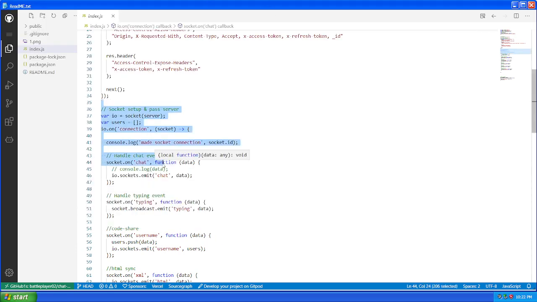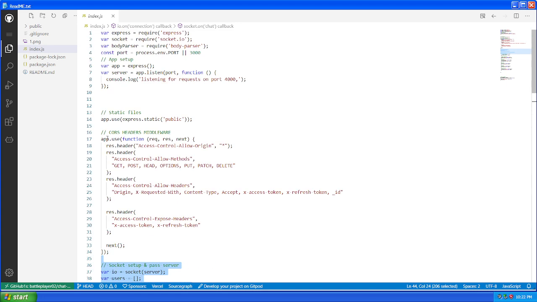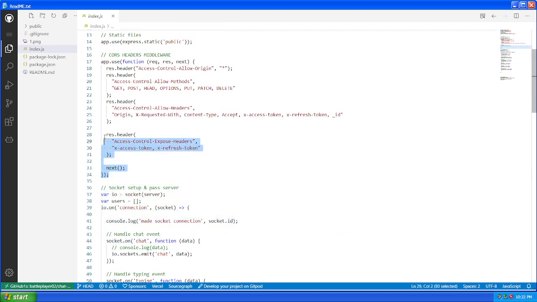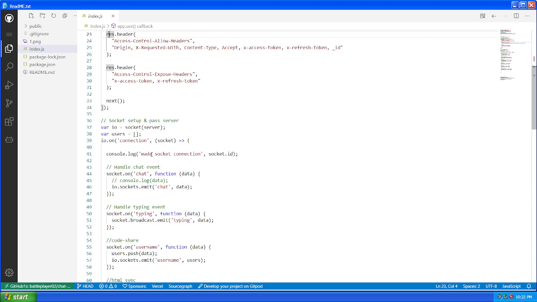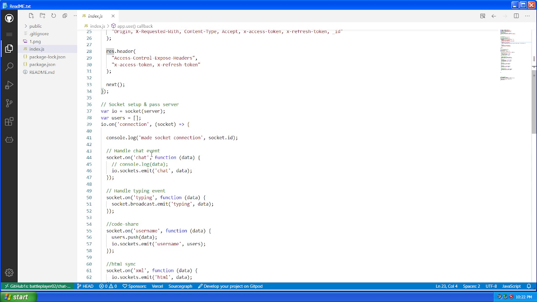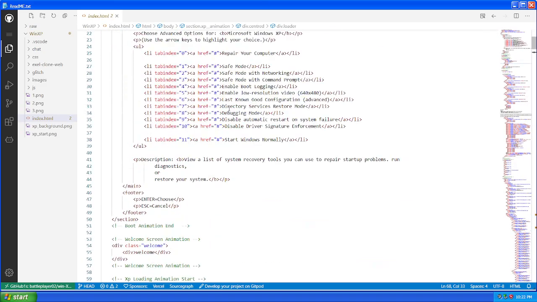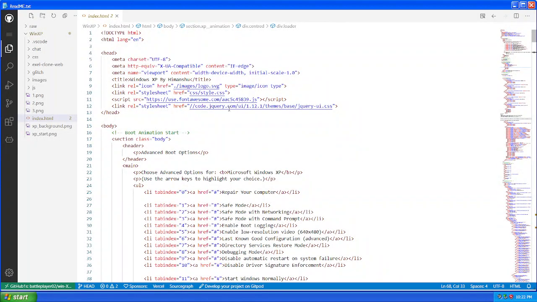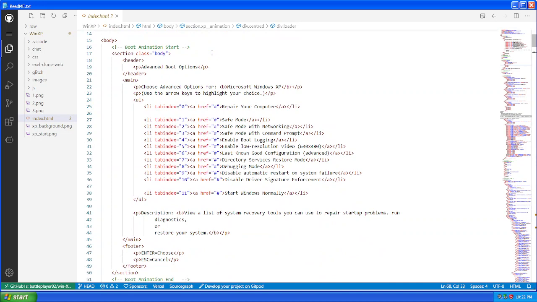You can jump into the code and see how I implemented all this. This is the code of the chat application inside this. We will see it later in the video. And this is the code of this application, the Windows XP experience clone, whatever you want to say.